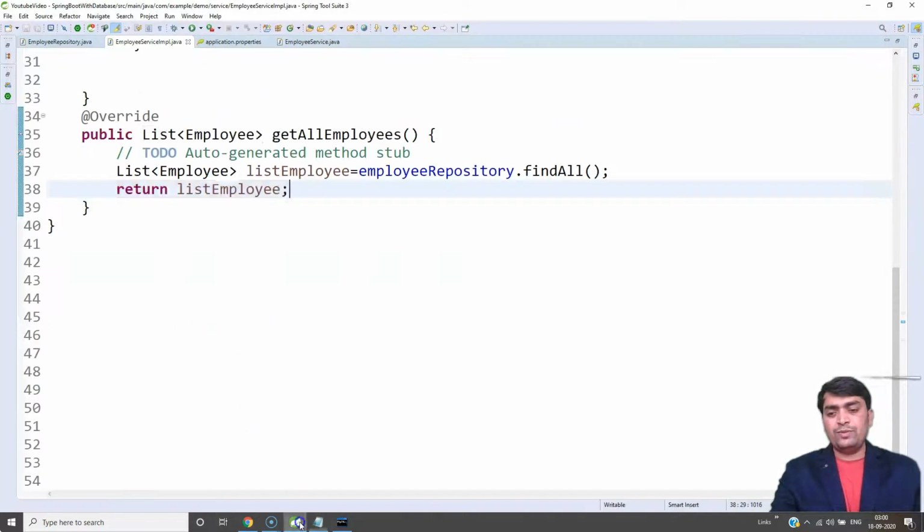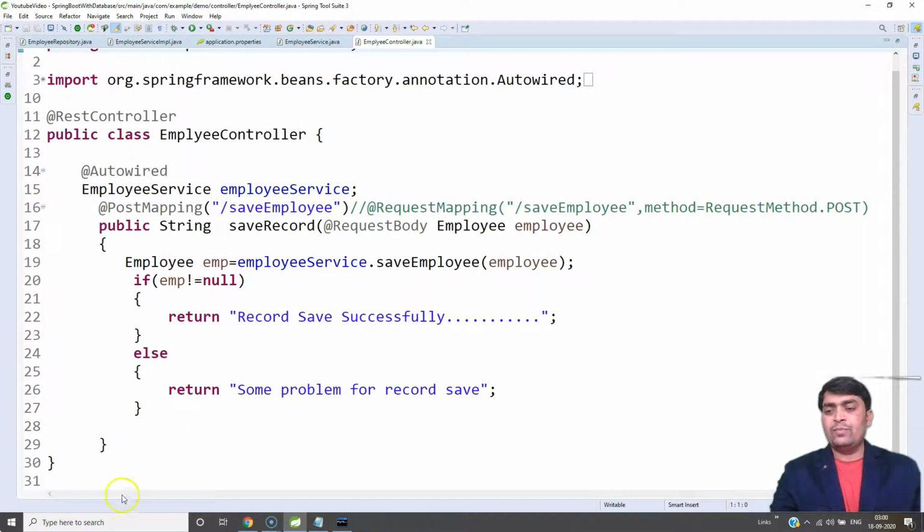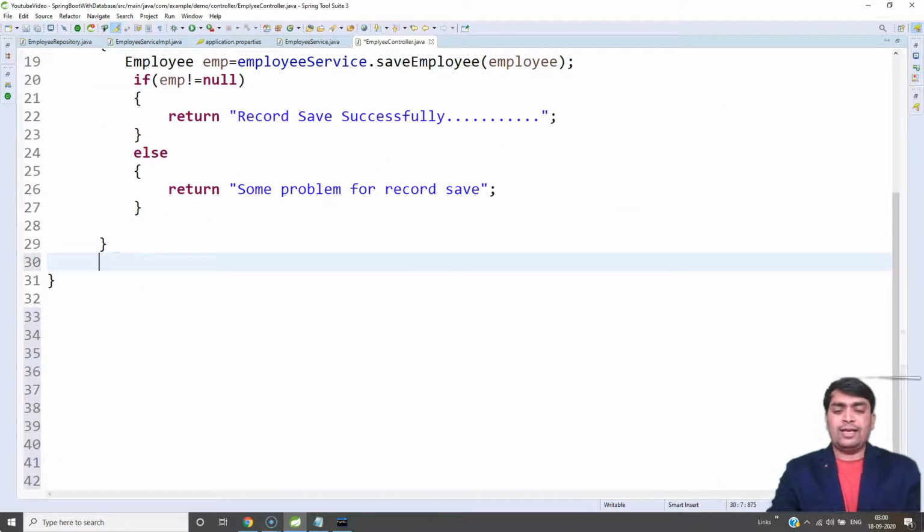We have to create an endpoint. Open the controller. In the controller we need to create an endpoint like public List<Employee> getAllRecords or getAllEmployees.